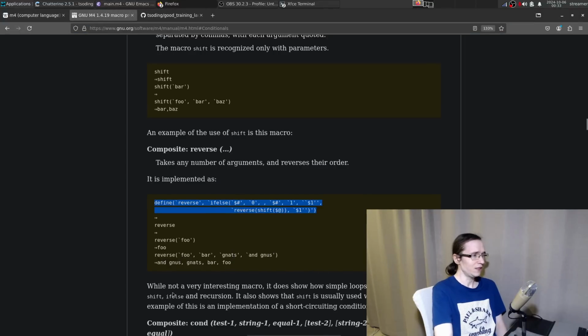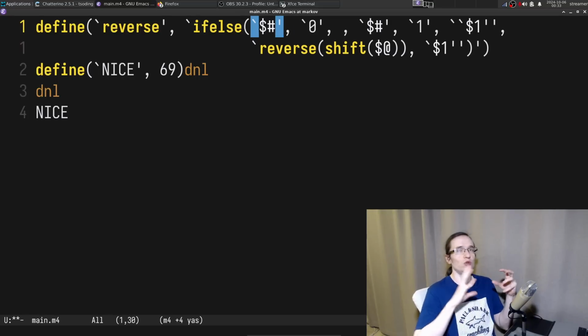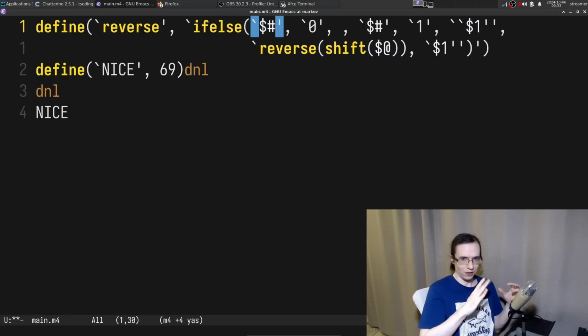You can have nested commands like this. So you define reverse, and then the body of the reverse also includes some of these quotes. But since the beginning and end are different, you can nest them, and you don't fall into this escaping hell like you usually do in Bash.